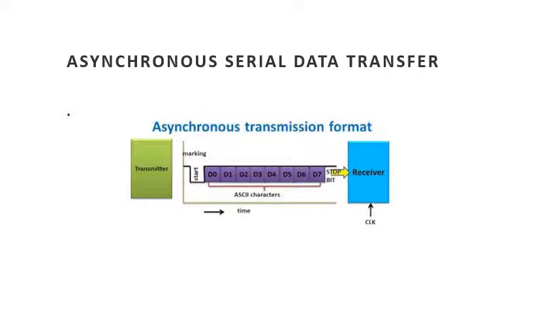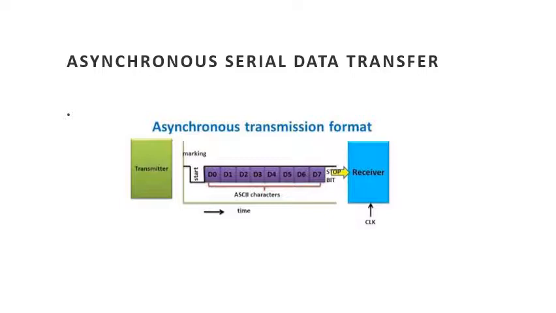If no characters are being transmitted, the line stays high at logic 1, called mark, and logic 0 called space. At the transmission end, when a character is to be sent, it is indicated by a start bit, which is always a logical 0 signal. The signal then synchronizes the transmitter and receiver. Following this bit, the information bits are sent one bit at a time, with the least significant bit sent first. The size of the character can vary and depends upon the system requirement.